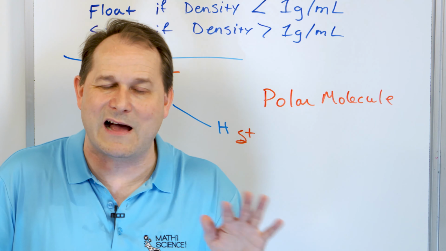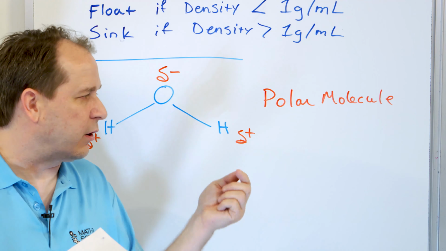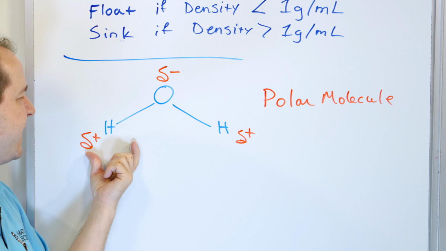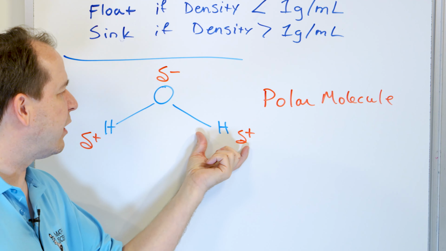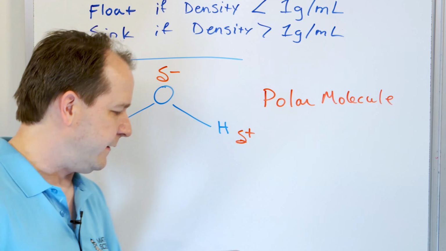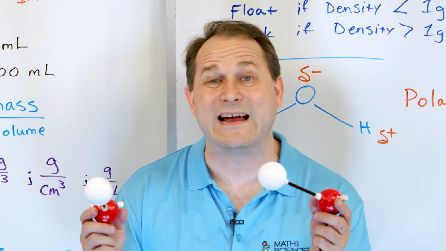We're going to talk about that a lot more later. But the sharing isn't really equal. Oxygen is stronger, so it pulls the electrons very slightly closer to it on both sides, and therefore we have a little bit of a positive charge on the hydrogens and a little bit of an extra negative charge on the oxygen. Now, that is the secret sauce to understanding all of this stuff when it comes to ice,